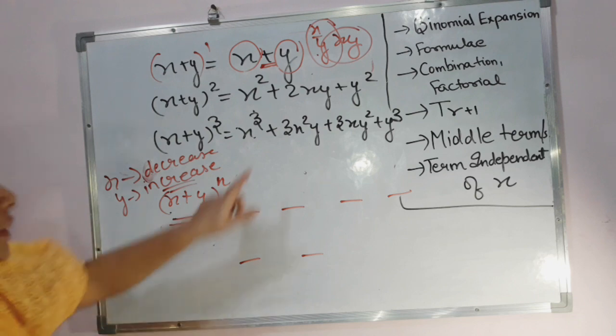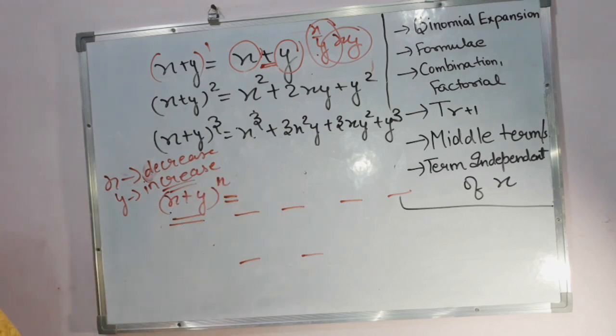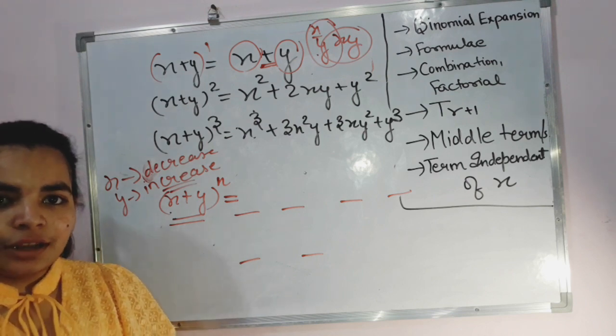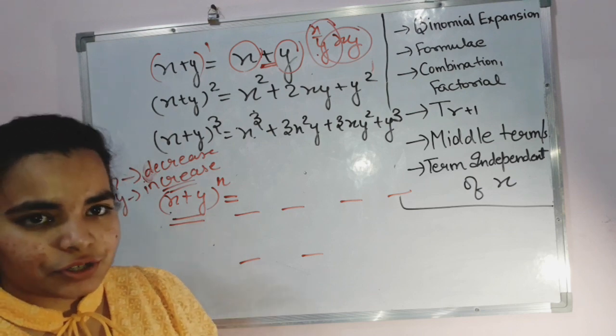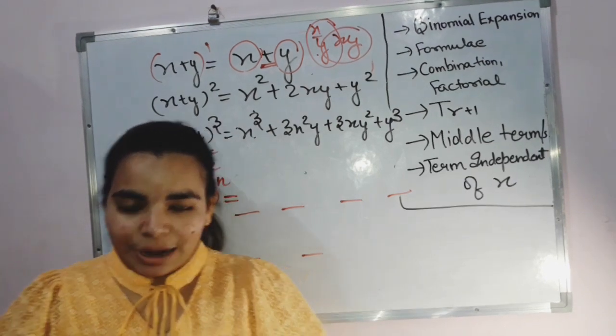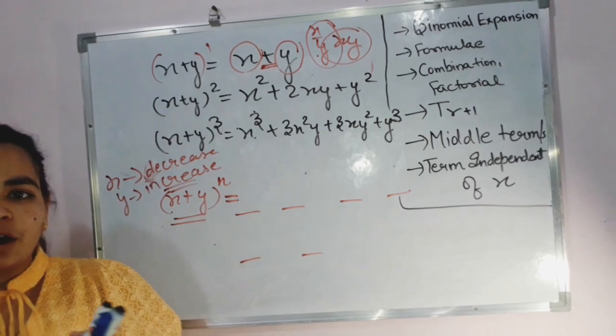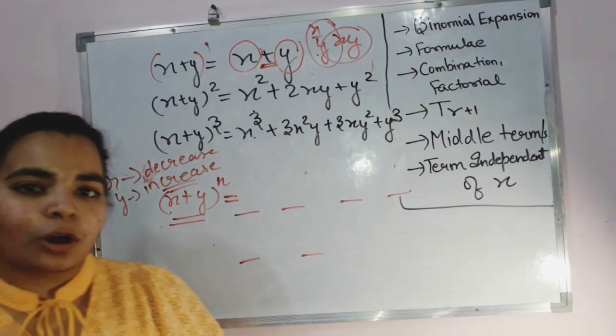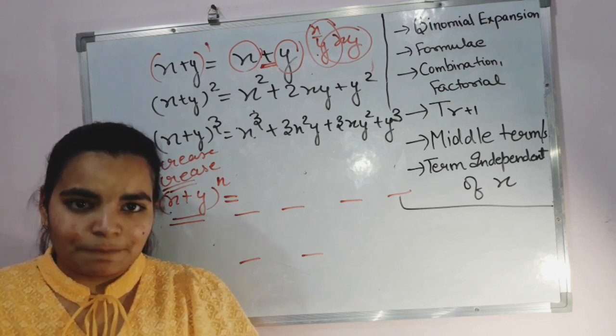This was the other thing that we observed. Now, there is one more thing that we can observe. Before observing that, let us understand one concept, and that is combination. Now let me tell you what we mean by combinations. There is a particular chapter on it, combinations and permutations, which we will do later on. Before that, let me give you a brief introduction to what combinations and factorial are.